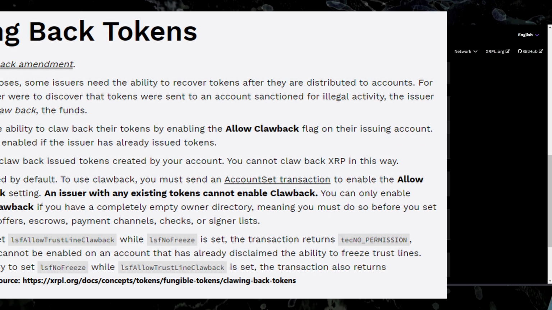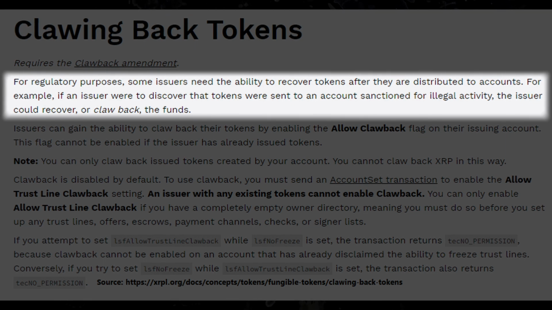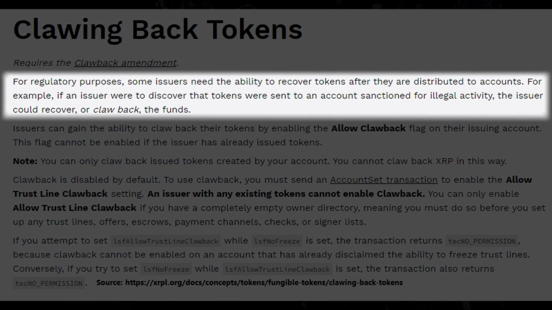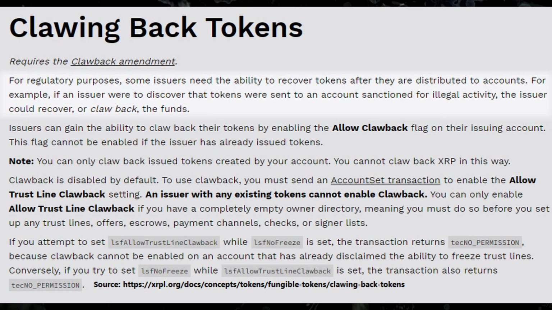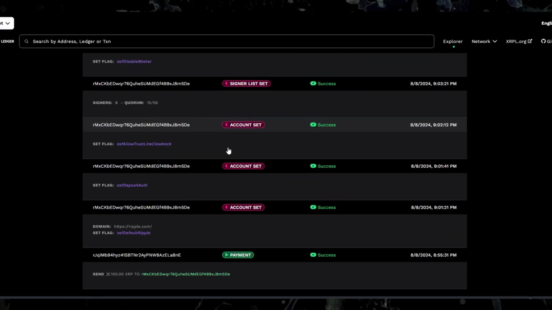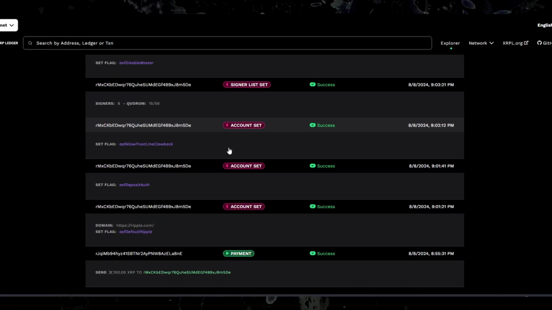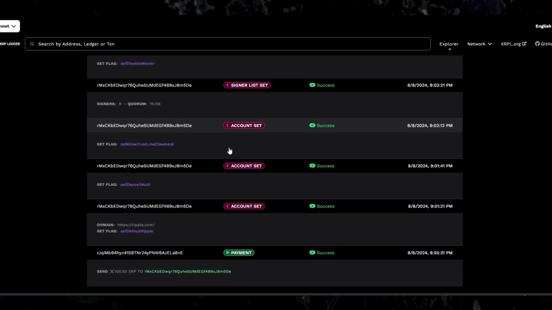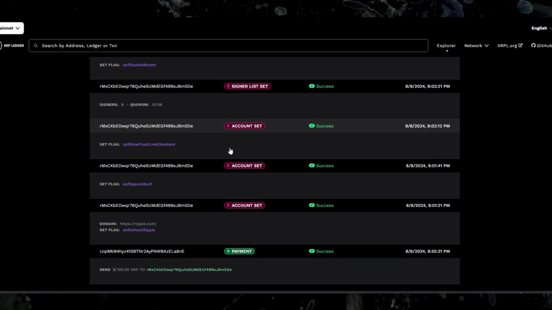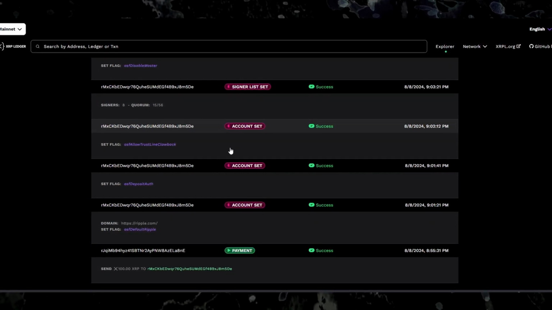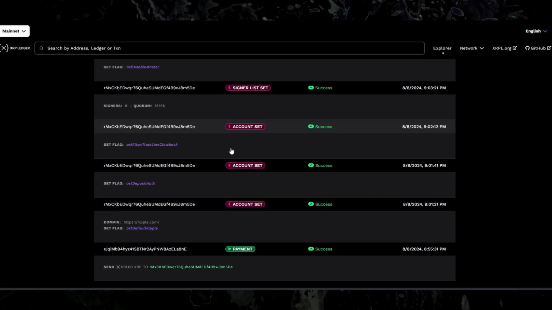Next, we have the clawback setting, which started some debates on X because no one knows if the setting will remain for the testing phase only or if this will remain active on the issuing account due to compliance reasons. Clawback itself is just a compliance feature used to recover funds from sanctioned accounts or from accounts with illegal activity. It's something which Ripple may combine with the freeze functionality to gain control of certain Ripple USD tokens held in some accounts. But why the debate?